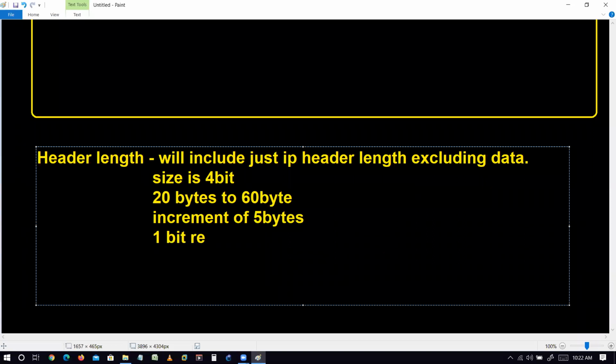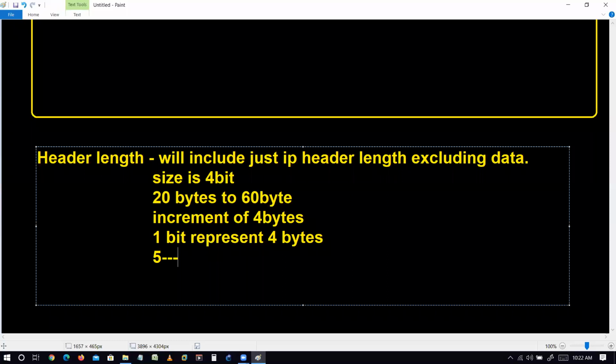One unit represents 4 bytes. It means if we are sending a 20-byte header, the device will show me the number 5.